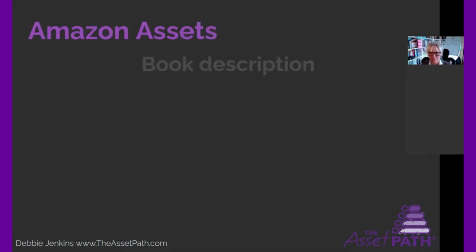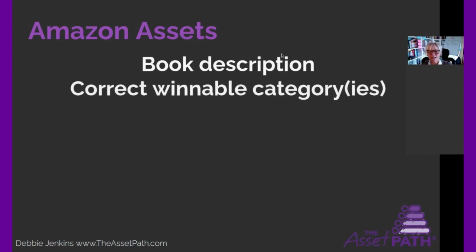You also need some Amazon assets set up, which is your book description. It needs to be really cool. You'll have been working on this. You may make some modifications, you may make some edits. Make sure that you are in the correct winnable categories. How do you get in the correct winnable categories? Well, once you've used KD Spy and worked out what categories you're aiming for, then you pop